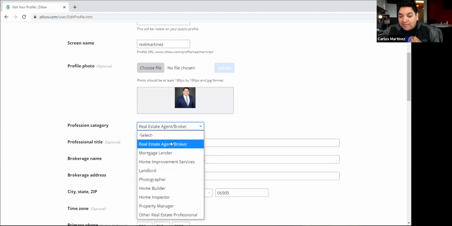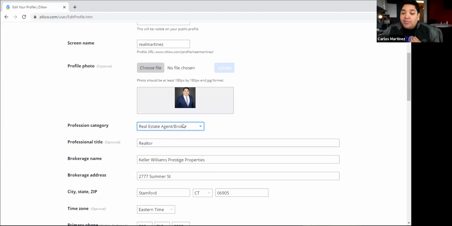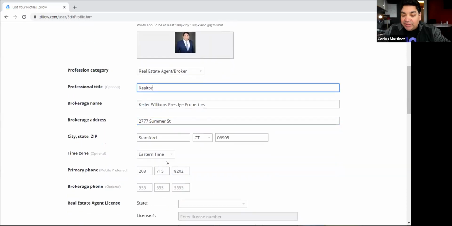You want to put yourself as a real estate agent or broker. Depending on the state, they call agents brokers. You're going to put yourself a professional title, which is a realtor, and if you have a designation, you can put a comma and whatever that designation is. The brokerage name is Keller Williams Prestige Properties. Let me know if I go too fast. I got someone on the chat. The address is 2777 Summer Street, Stamford, Connecticut. I put my primary phone number,